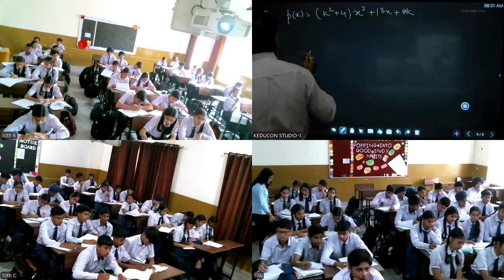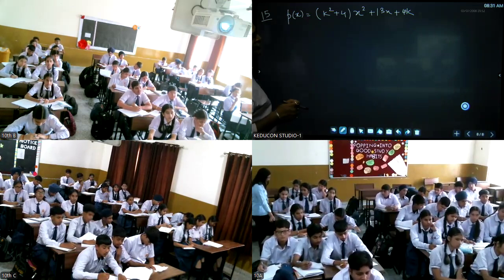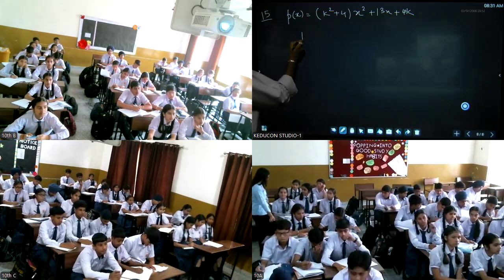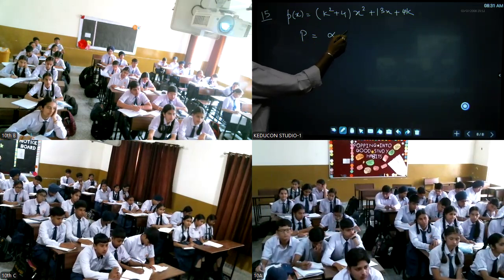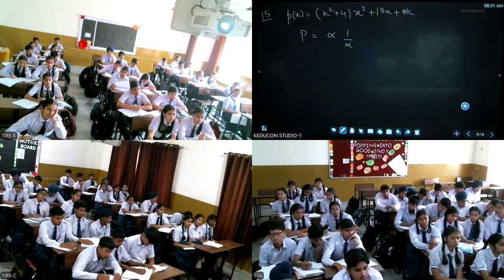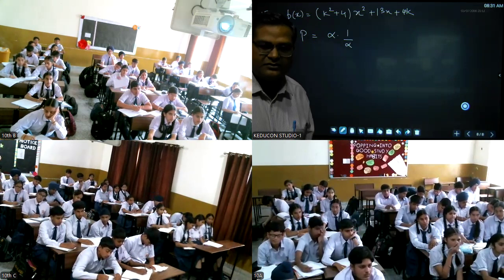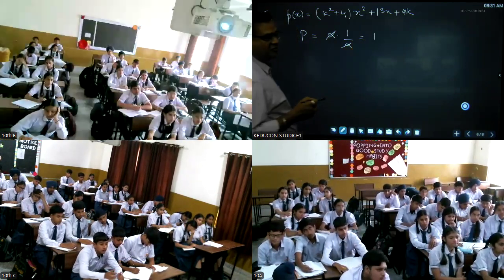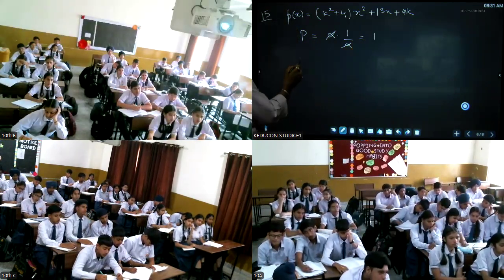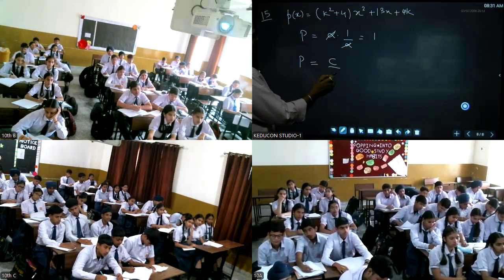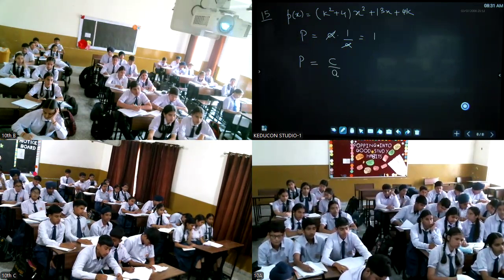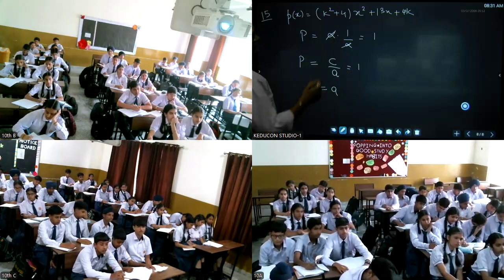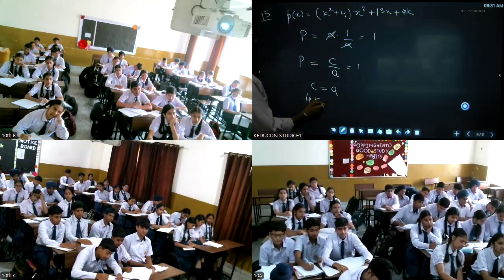Students, it is given that one zero is the reciprocal of the other. What is the meaning of it? The product of the zeros. If one zero is alpha, another will be 1 by alpha. So what will be the product? The product is 1, and we also know that the product is C by A. So C by A will be equal to 1, that is, C equal to A. What is C here? 4K. And what is